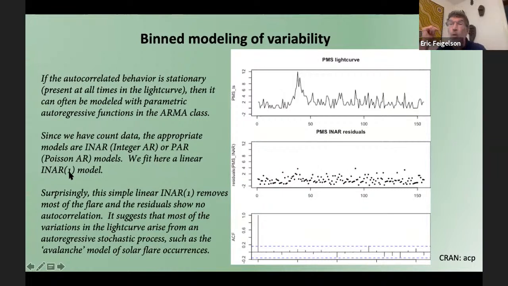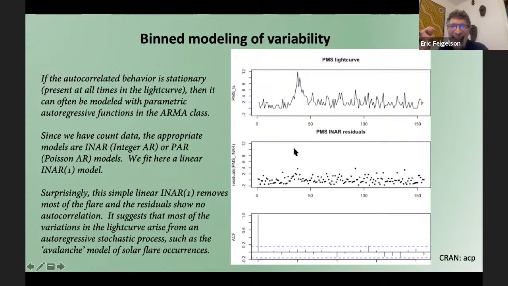It's very similar to AR1. You may have heard of CAR1 for irregularly spaced data. It's a very simple linear model. And I didn't expect it to work because it assumes that the variations are the same everywhere. So this is a maximum likelihood estimator, and there's only one parameter, which is the coefficient of the first autoregressive term in our model. And to my shock and amazement,